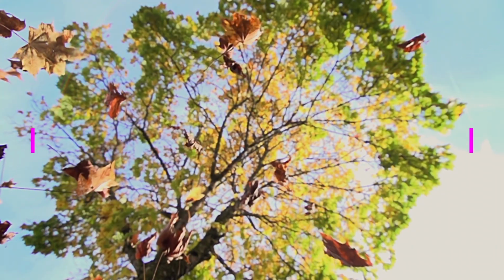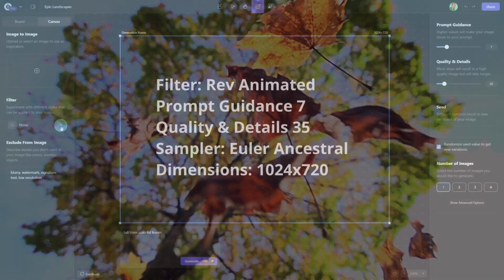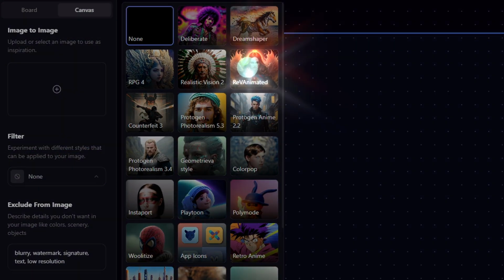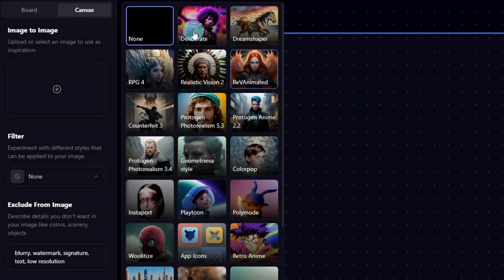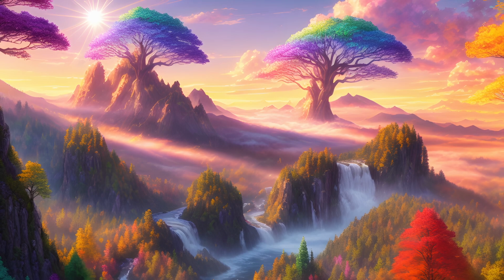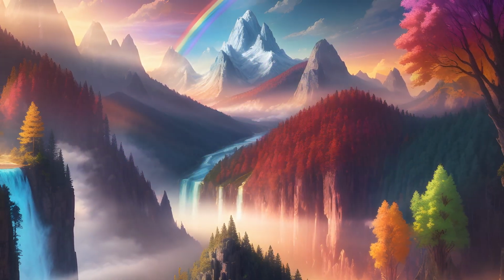Let's start with tall trees and colorful leaves. For the rest of the settings, I'll put on the screen right now, and we're going to use Rev Animated. Now you can also use Deliberate, Dream Shaper, Realistic Vision, even RPG. In fact, you can use any one of these filters for a decent landscape image. Rev Animated tends to give you a bit more of an artistic feel, so we're going to go with that